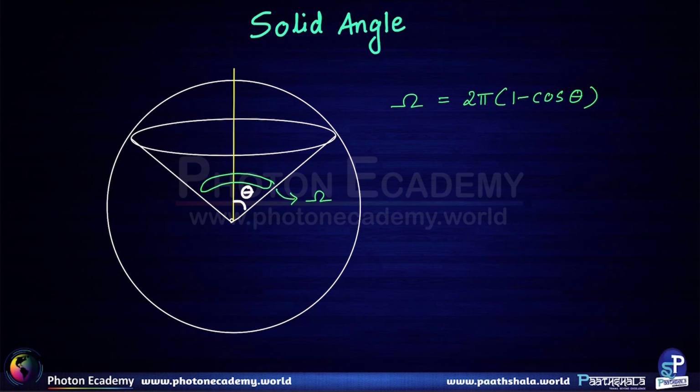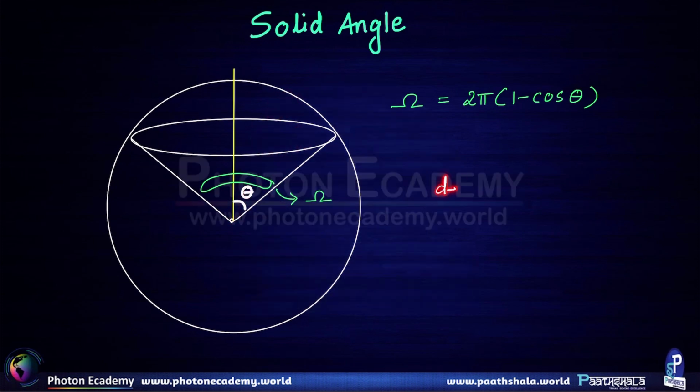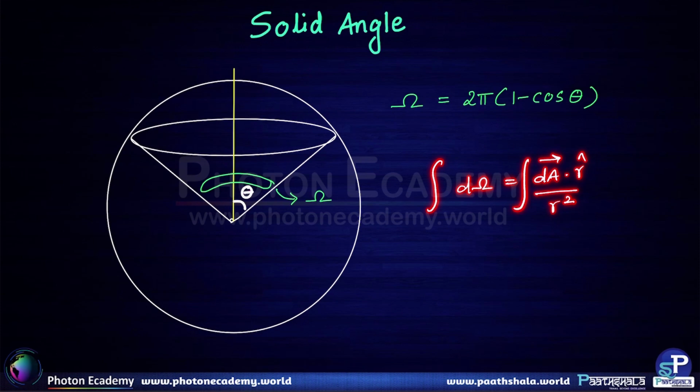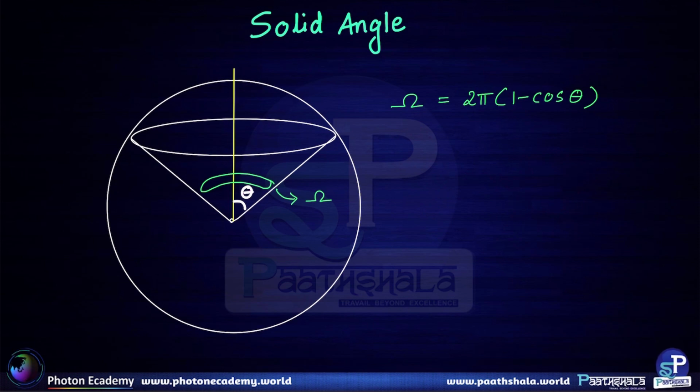We are not deriving it over here, but just to give a hint, it is derived as follows. So this is the radius vector from the origin, and here is a small area element. The area element will be perpendicular to the area. So this is dA and this is the radius vector, and along the radius vector we'll also have r cap. d omega can be written down as d omega is equal to dA dot r cap divided by r square, and we have to appropriately integrate both sides to get omega. So this is just a hint as to how we find out the expression for omega.